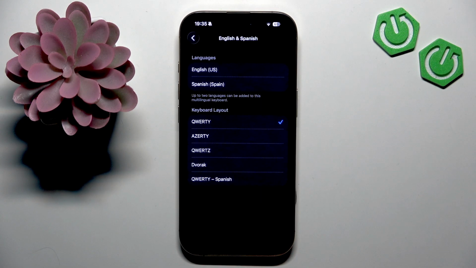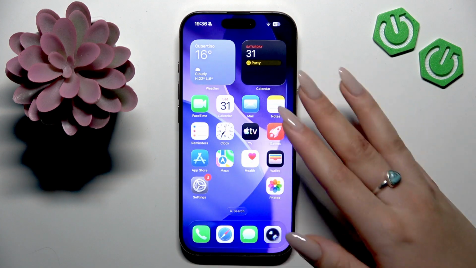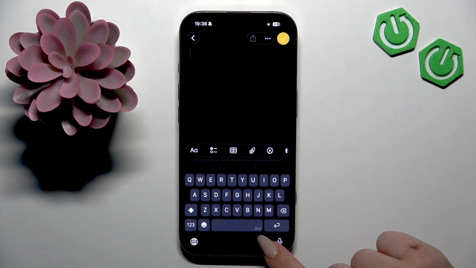And now that you have created your pair of bilingual keyboard, I'm gonna go to any application that uses my keyboards. For me, it's Notes, for example, and how to use it in practical terms while you type. So you will see on this space bar a little abbreviation. In my case, it's English and Spanish, and that indicates basically that both languages are active. So simply start typing in either language,